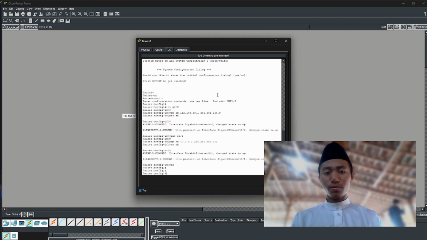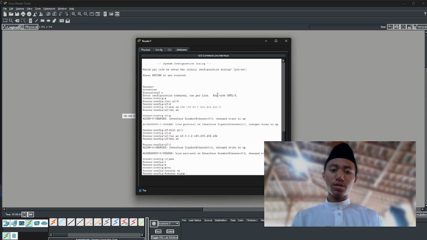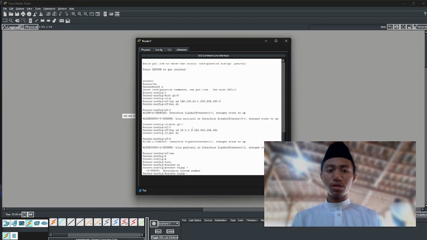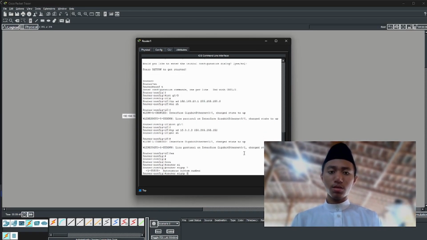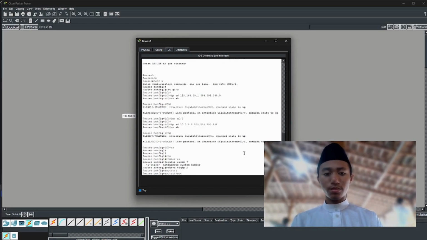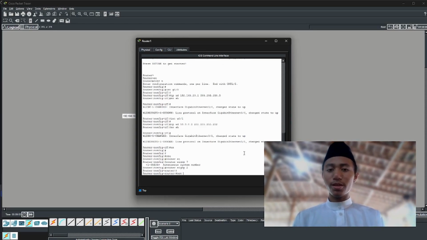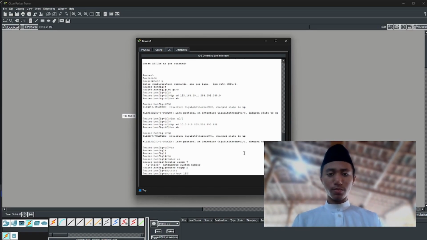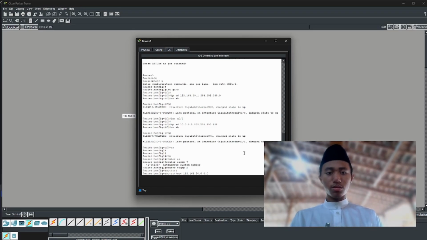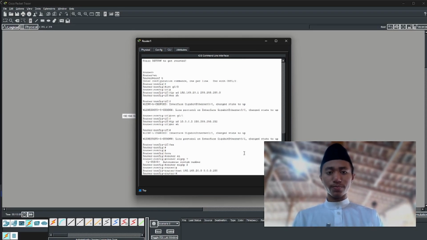Then we configure the next router with the same configuration, but make sure here we are not using the same AS number. So here I'm going to use EIGRP 2. Then we advertise every network this router has using network 192.168.20.0, then 0.0.0.255.